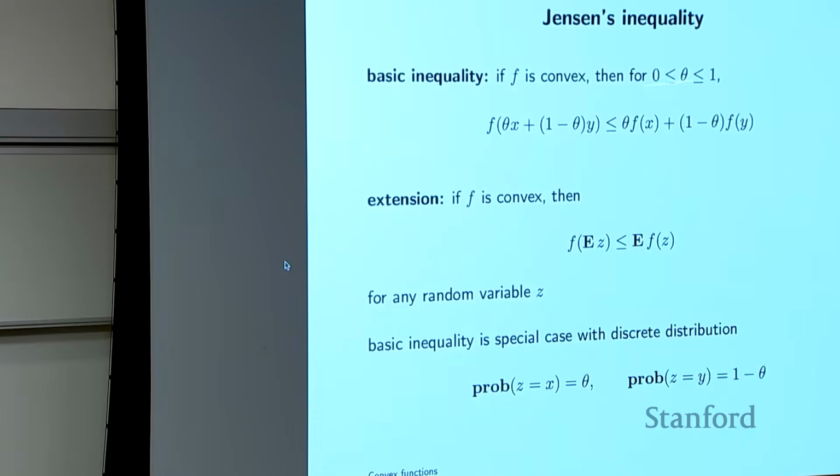Jensen's inequality is just the inequality that defines a convex function. It says a function at the mixture is less than or equal to the mixture of the function values. This is so-called Jensen's inequality. Well, the extension is you can extend this all the way to expectation, and it would go like this, right? Suppose z is a random variable, then f of the expectation is less than or equal to the expectation of f of z, right? For any random variable. And by the way, this is a special case of this where z is concentrated on 2 points. It's either x or it's y with probability theta and 1 minus theta respectively, right?